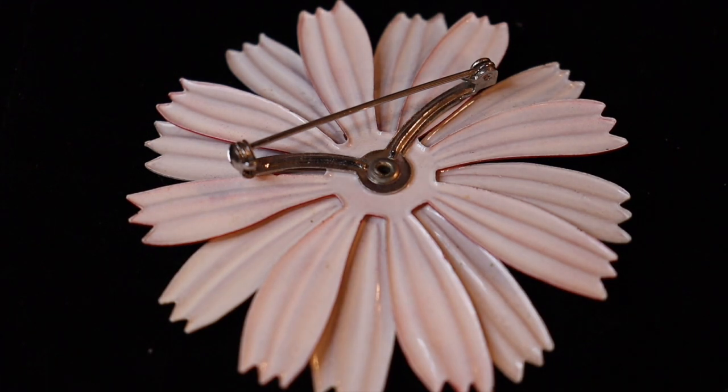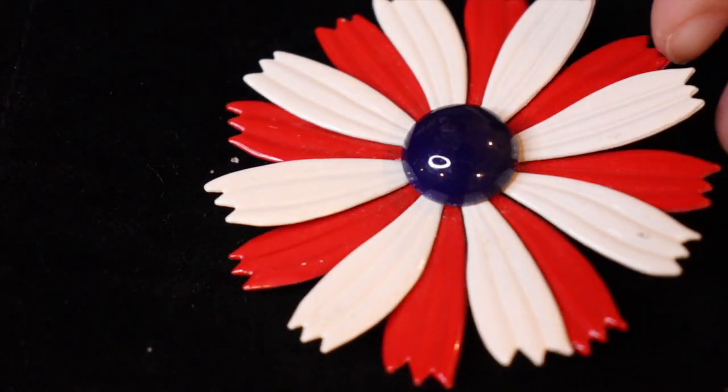Now, the reason safety clasps were invented is not really what most of us think. Usually we think they were invented as a way to protect yourself from sticking yourself with the pin, but that's not true. They were actually invented as a way to prevent yourself from losing your brooch, because at that time a lot of people had very expensive brooches, not your average costume jewelry, and you didn't want to lose a diamond and gold brooch off your shirt, so they had to invent something to prevent it from getting lost, and thus the safety clasp was born. So that's kind of the history of the safety clasp, and I'm so glad I picked up this fun enamel